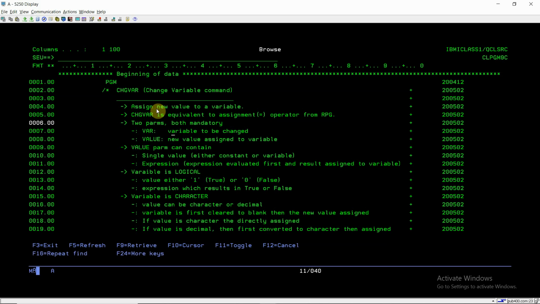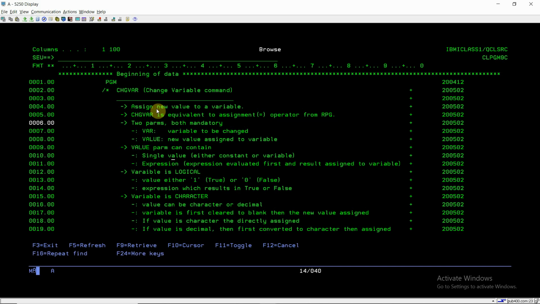Now we'll talk about the value. What types of value can we give to a variable? Either a single value, which can be a constant, say a character constant like a, or a variable, or we can give an expression here also.